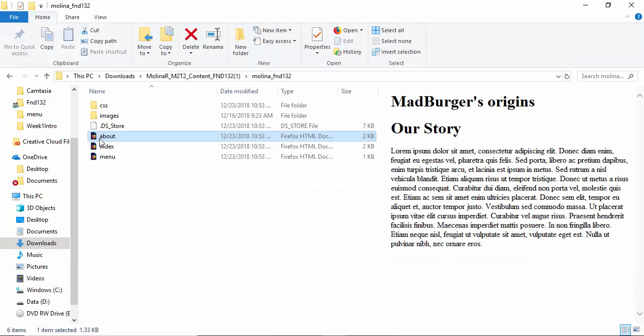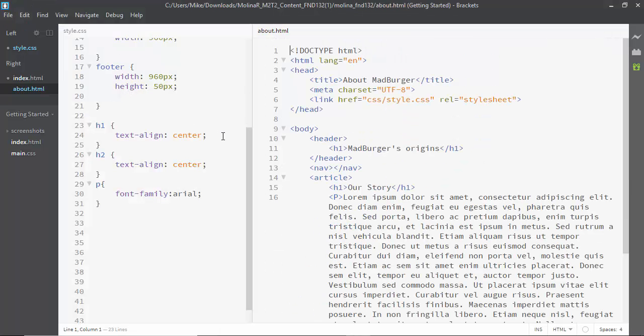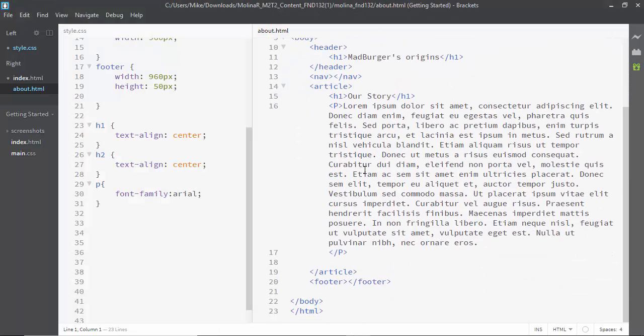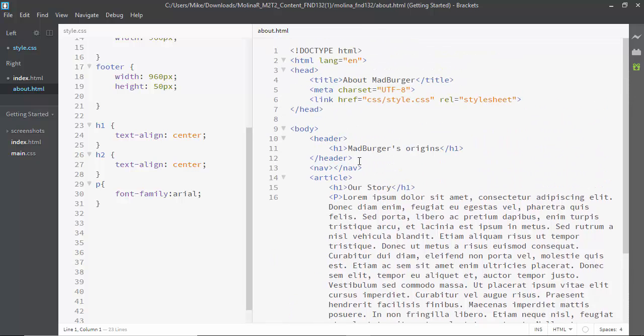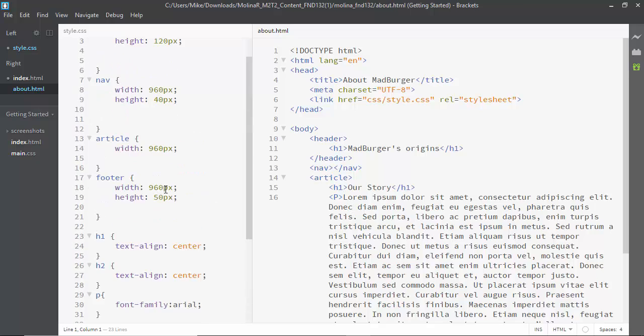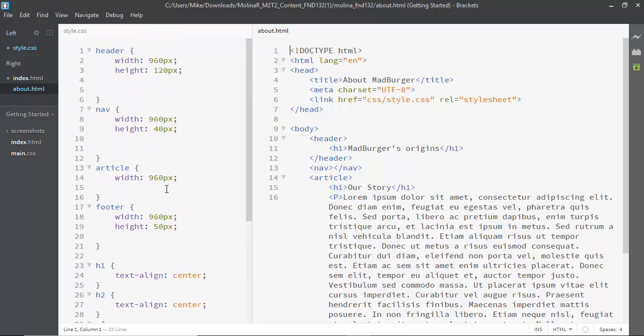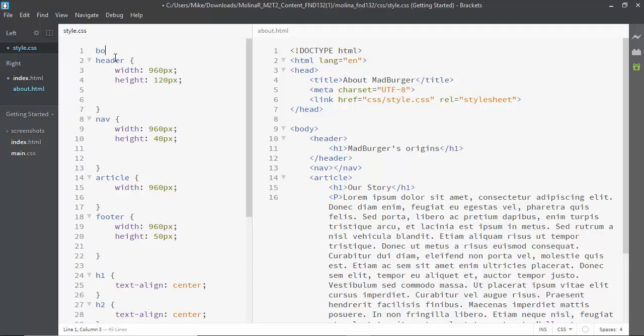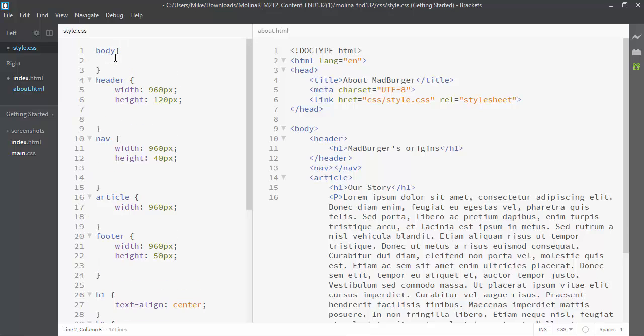Any changes we make, you want to double check on the about page as well to make sure everything's set up. It doesn't look like you have the styles added like that. Now what's great about this external style sheet is that it will automatically apply the center align and also apply the font family. Typically, instead of using the paragraph tag, you probably want to control the font family for the whole content. A lot of times what you'll do is up here at the top, you'll type in body, and this will apply a default font for everything. You can override it by applying it to a specific font. So you might do that